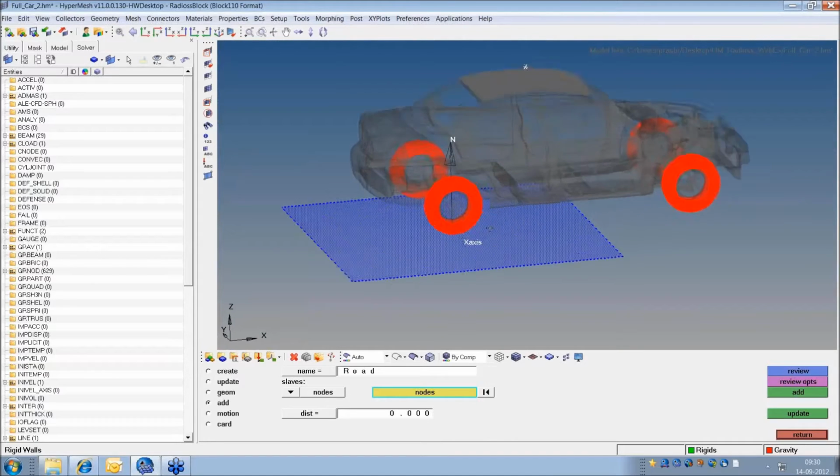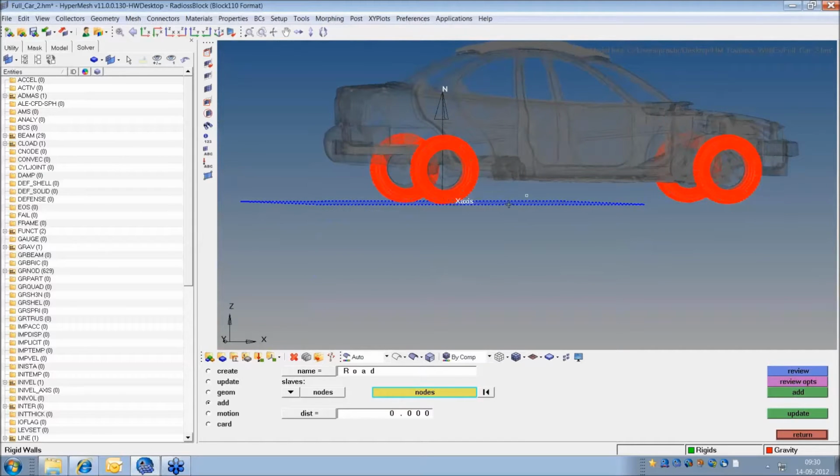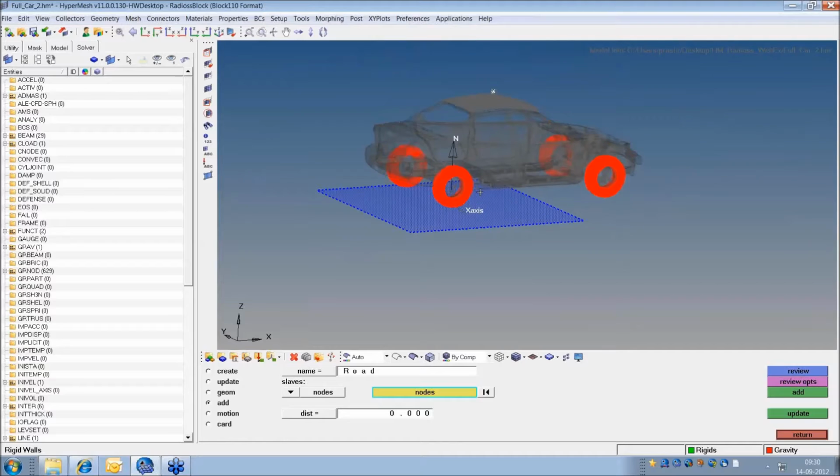So now what I'm telling is these are the nodes which are not allowed to get inside this R wall. There is no need to specify the entire vehicle. If the wheels don't move, obviously the car doesn't move in the negative z direction, this being a continuous assembly. Okay, so I have created an R wall which will act as a road for me.